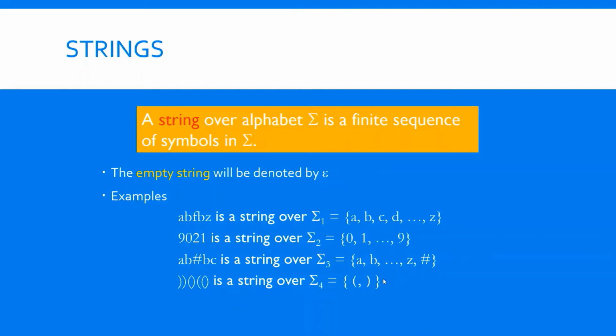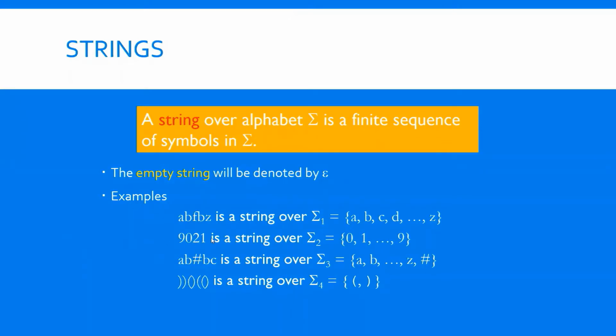These two curly brackets are for set notation, and these two are the symbols I have used. And this is one example of a string. For one alphabet, how many strings can you construct? Infinite. Here the example 1, 2, 3, 4, 5 has length 5, the length of the string. If sigma 2 is 0 to 9, all the decimal numbers, 9021, 95798, all decimal numbers you can construct of arbitrary length, an infinite collection.